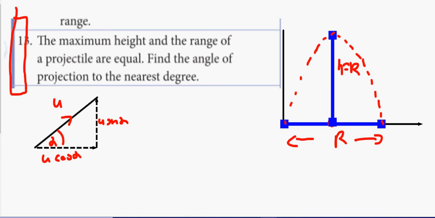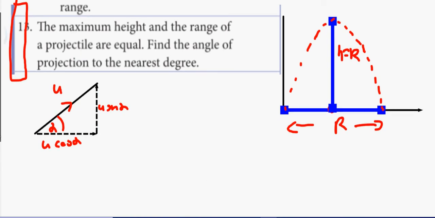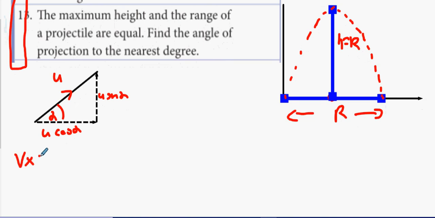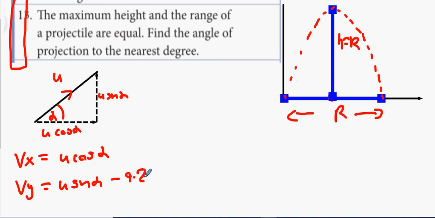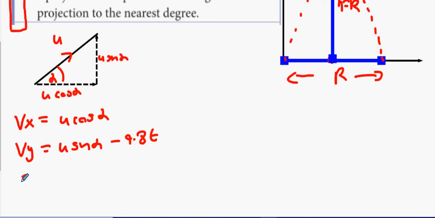Let's make our equations. So, equation wise, let's start off with dx. What's dx, lads? Dx is u cos alpha. Dy, u sine alpha minus 9.8. Okay, better. Sx. Yeah, now,